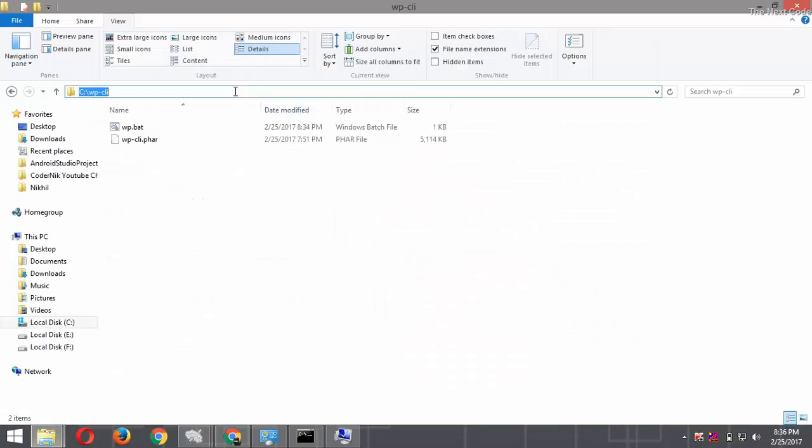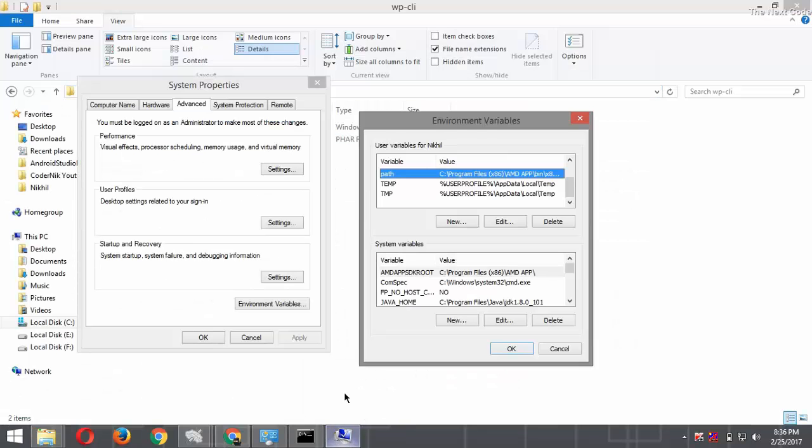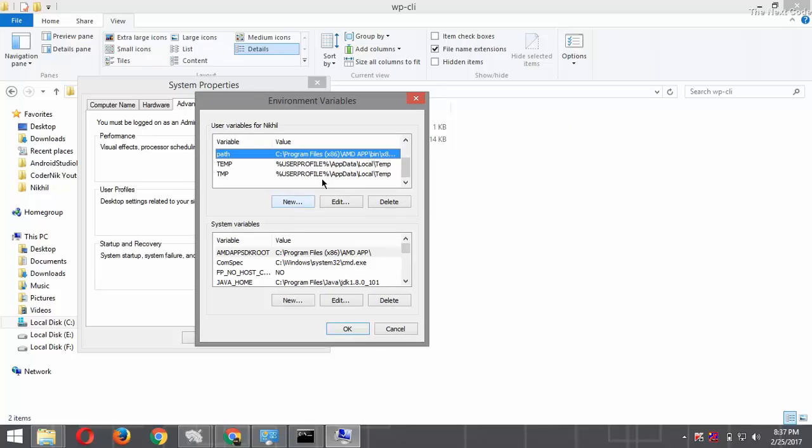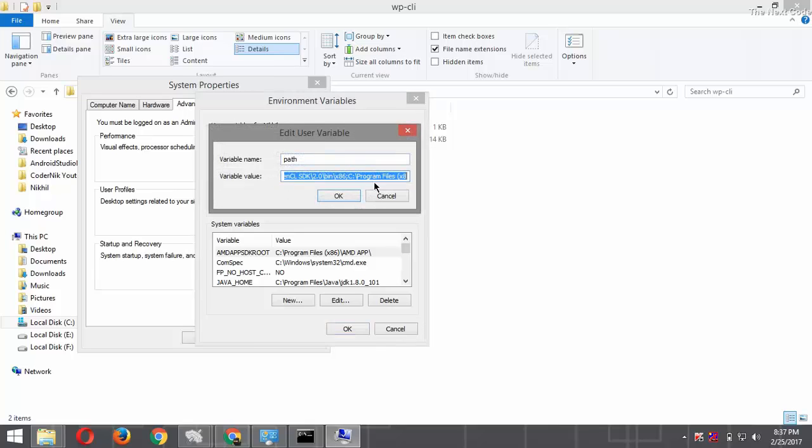Okay, just copy this path, and if the path variable is not present, you can create it by clicking on new, then just paste it here to see which is wrong.